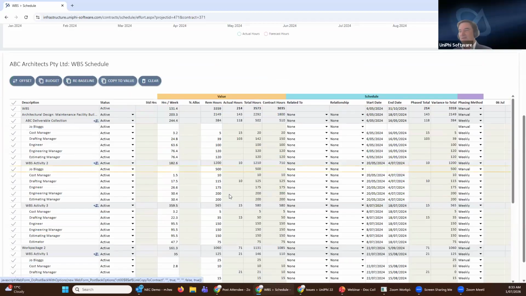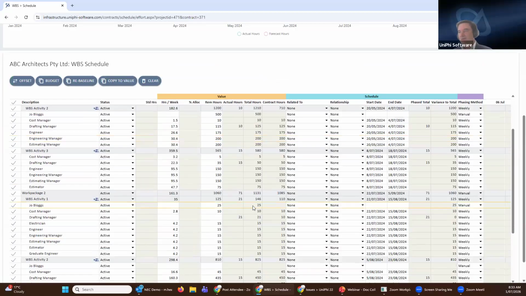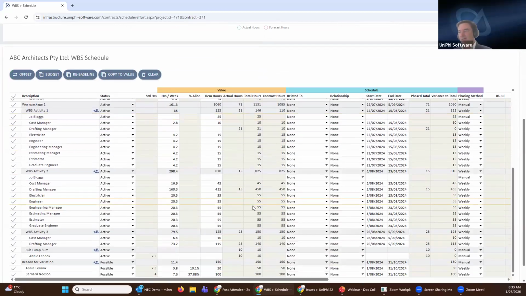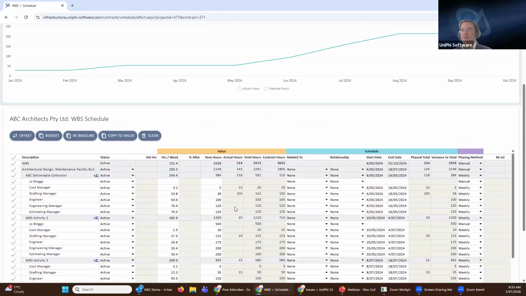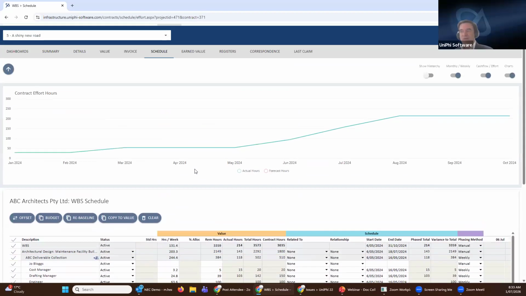And when I copy to value, the 50 hours I've allocated to Joe Bloggs, the 25 there, and the 50 here, wherever it's gone, would then go into the contract, and the contract value would go up. Obviously, I could only do that if I was quoting or if I was doing it as a variation, and I have to get approval for the client to have that happen. But that's the way the value of the contract would change.